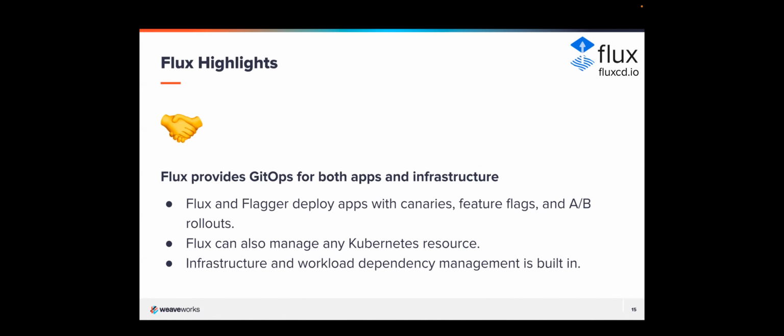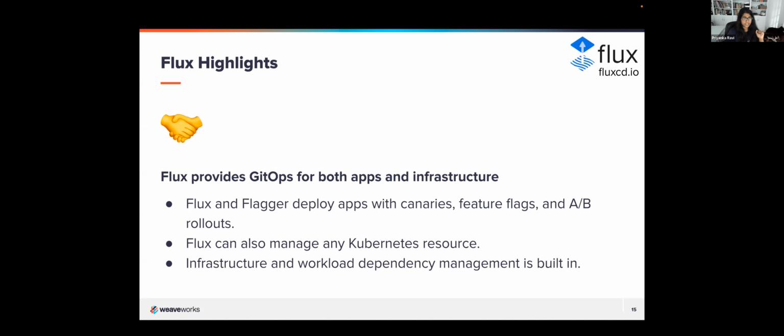And so now I'm going to go back to those statements that I mentioned earlier and dive into a little detail on each of them. Flux actually provides GitOps for both apps and infrastructure. Along with the use of Flagger, you can deploy apps with canaries, feature flags, and A/B rollout. So you can utilize Flagger if you are using things like progressive delivery architecture or anything like that. Also, there's a self-led workshop that includes Flagger that would be a great resource if you are interested in trying it out. It's at